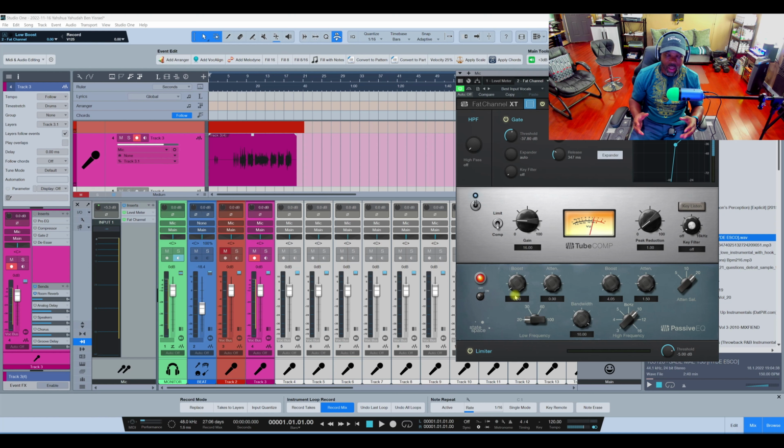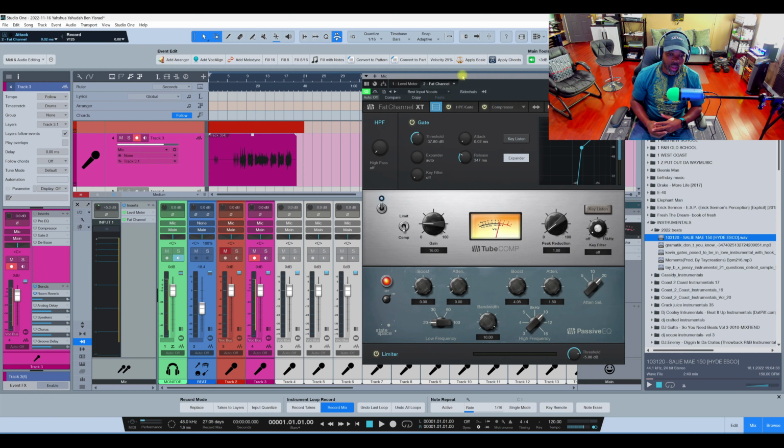So why and how I use a compressor, a limiter, and an EQ while recording through. All right, so the reason why I do it that way is because, one, it gives the artist more confidence and more energy when they hear their vocals sound a certain way.